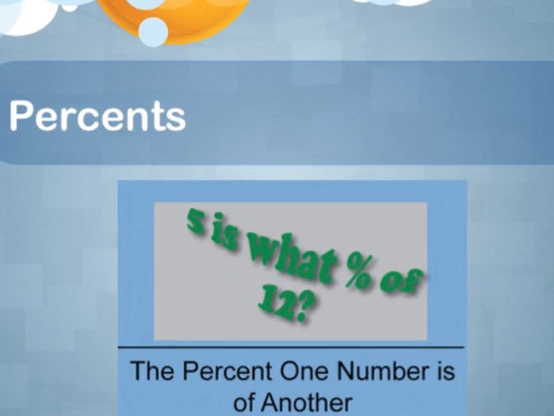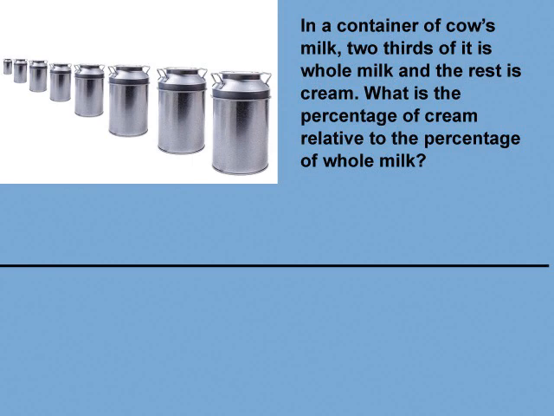Let's look at an example. In a container of cow's milk, 2/3 of it is whole milk and the rest is cream. What is the percentage of cream relative to the percentage of whole milk? The ratio of cream to milk is 1/3 to 2/3. This simplifies to 1 to 2,